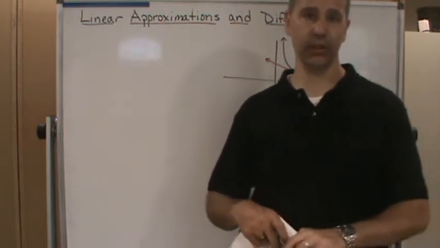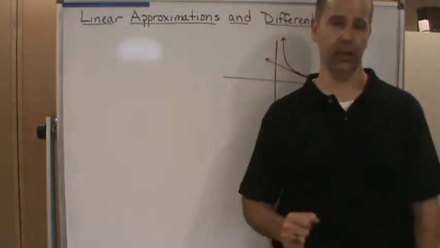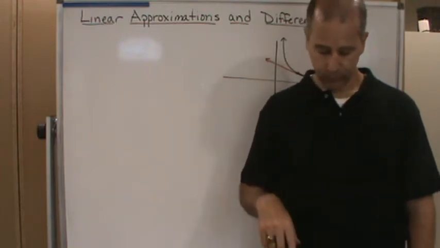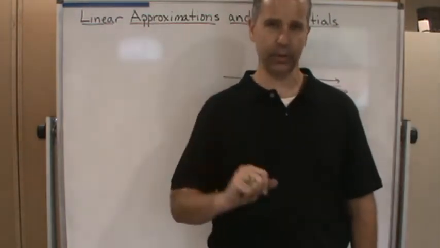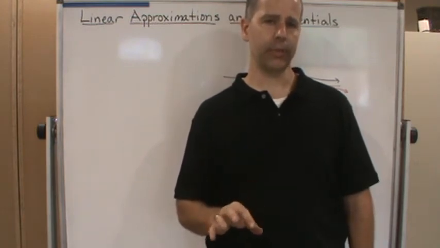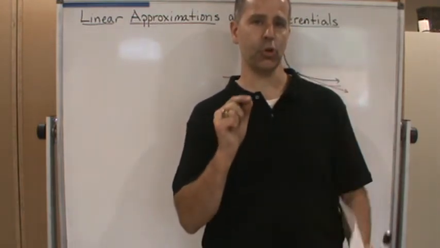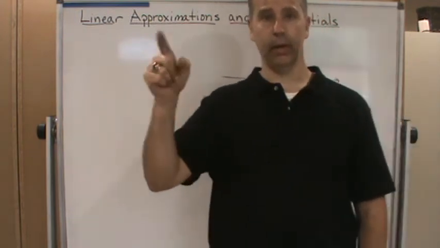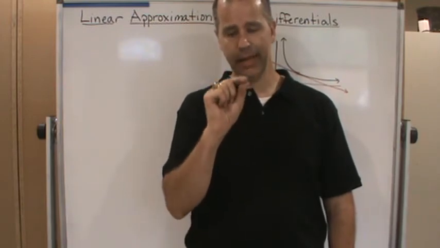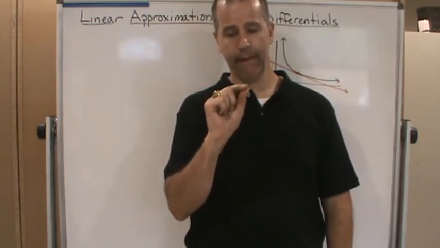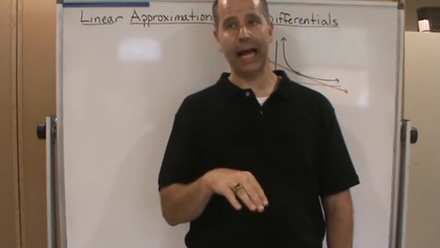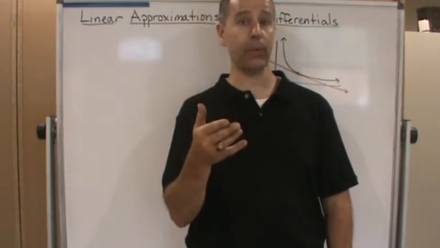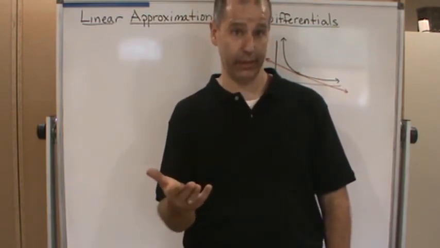Well, the easiest function to work with is a linear function. When we talk about linear approximations, we're going to use a straight line to approximate a particular value. For example, if I have a curve and I want to estimate a value on that curve, as long as I'm really close to a particular point on the curve, I could approximate it by using the tangent line